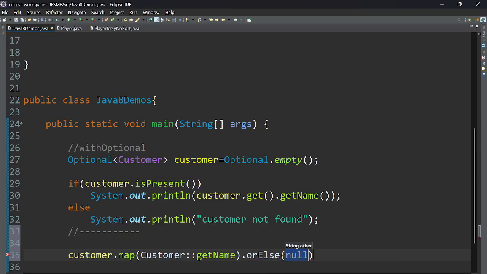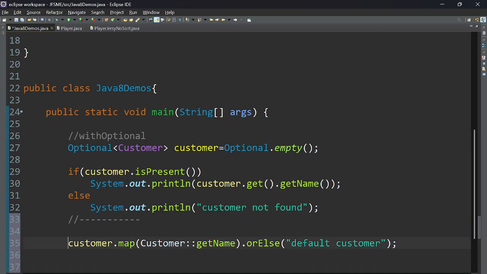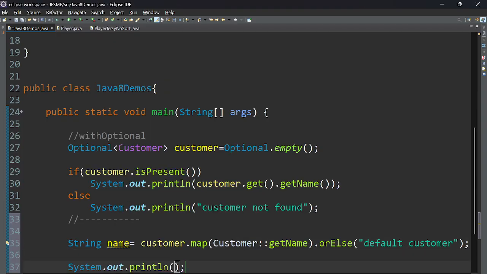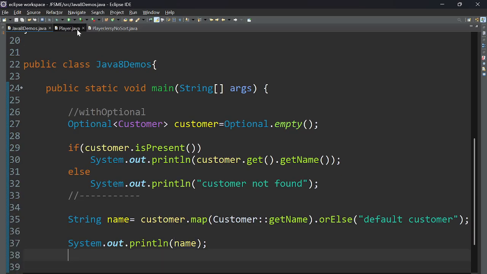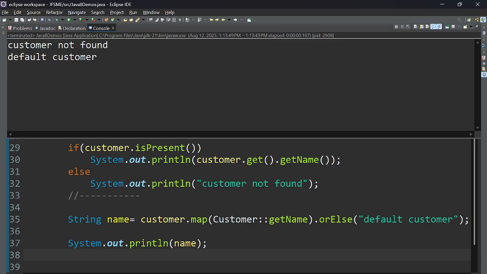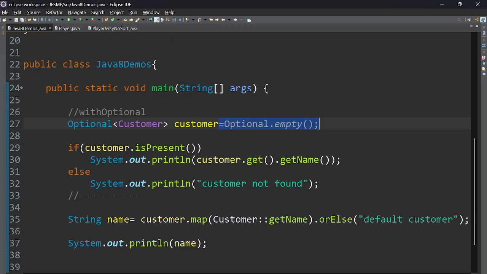Or else you give maybe a default customer object. So some customer object can be passed in there, and we can get a string name equal to that. So this should be our default customer name or anything. Then System.out.println(name). Now that the optional object is empty, we should get this default customer name, right? So we are getting the default customer name since the optional is empty now. If the customer was present, it would give us the customer name. Like for example, if it is an optional customer,